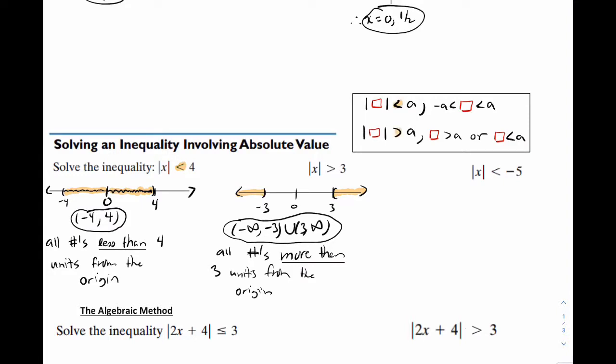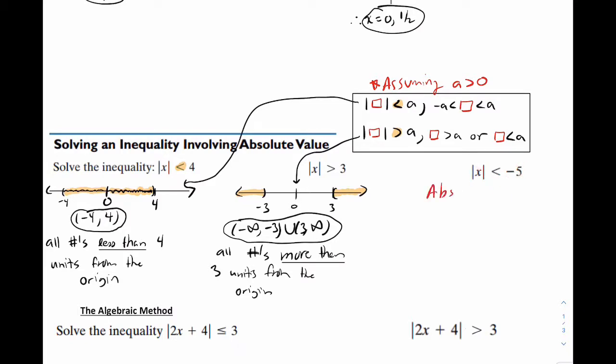If it's less than or greater than, the less than corresponds directly to this answer, and the greater than corresponds directly to that answer. And of course, a huge assumption here, so you really want to put a big star on your notes, is assuming A is positive. So for all this, we're assuming A is a positive number. That's important because let's look at this example. If you just mindlessly try to do the algorithm I just taught you, you'll get it wrong, because if you think about this,